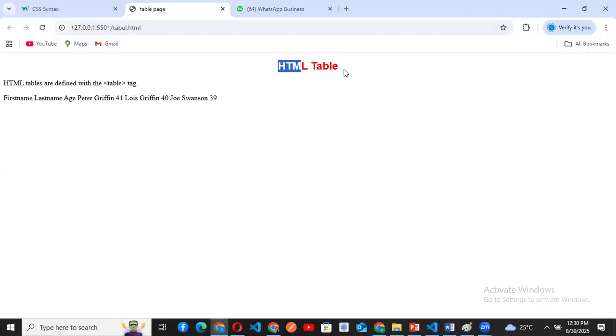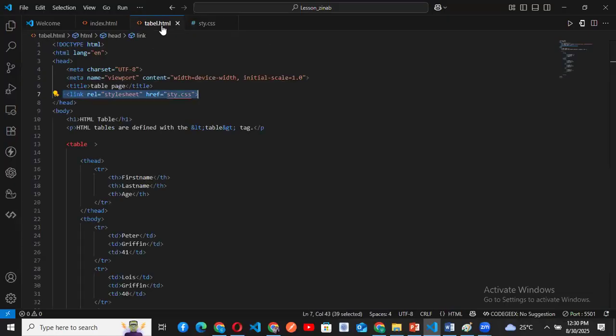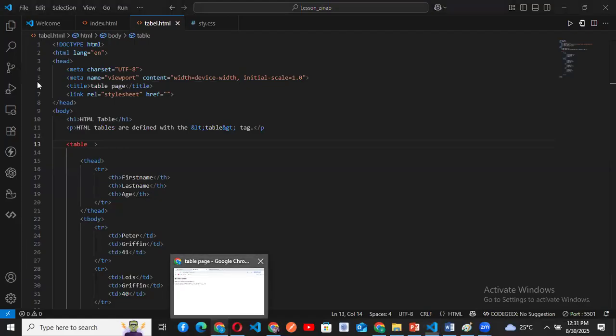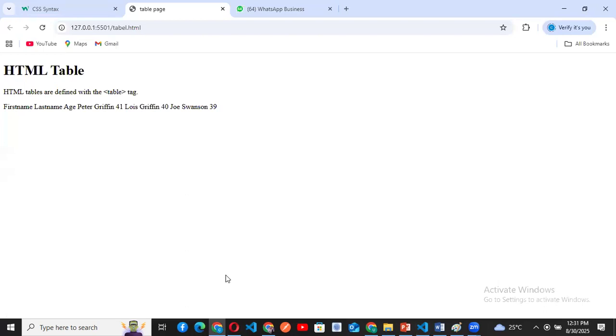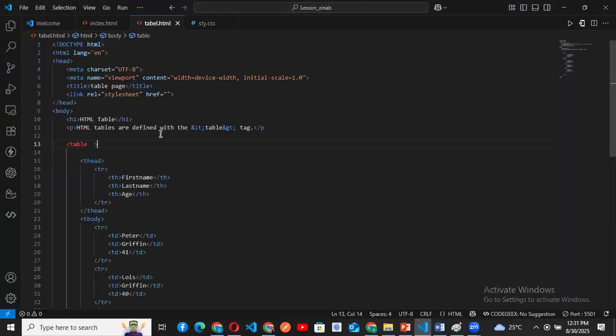So this is it. Now, I want to clarify something. If I mistakenly remove this thing, that is the end of whatever I've written. It will change back to default. That means the CSS no longer has effect on it. It's as simple as that. So apart from the standard way of adding it,